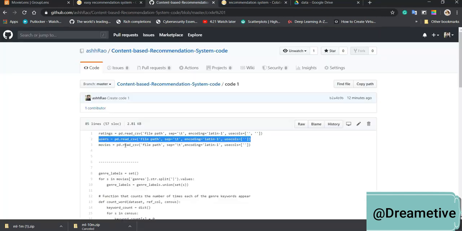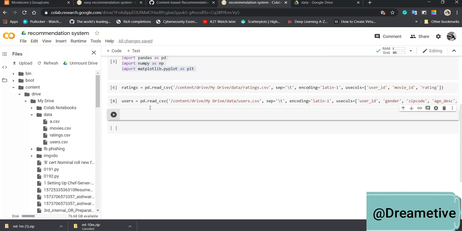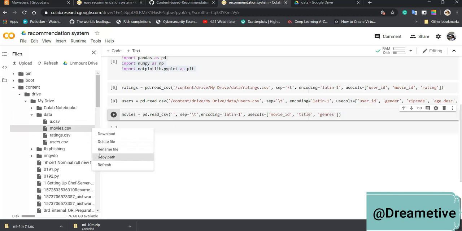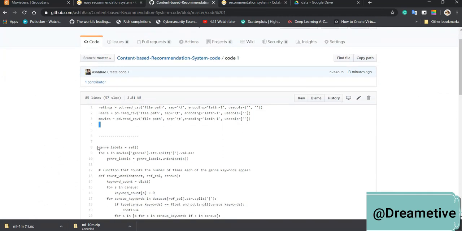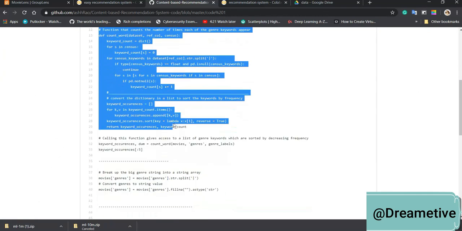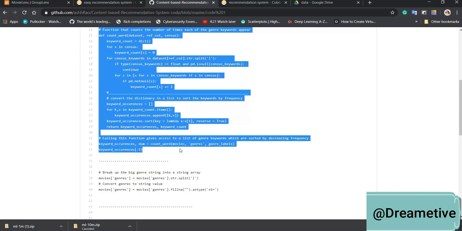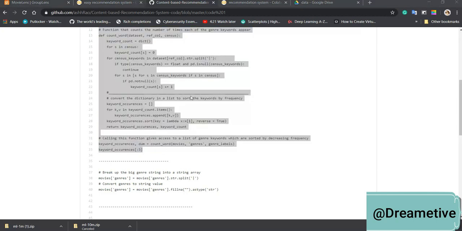Since it is content-based, the genres variable will surely be important while building a recommendation system. So this recommendation system is based on genres, which will lead our model to suggest films based on a user's interest. Now we will copy this code. Here we are splitting data based on genres, and each film will be classified and later sorted in descending order, where the genres and the number of counts will be printed together as a set.